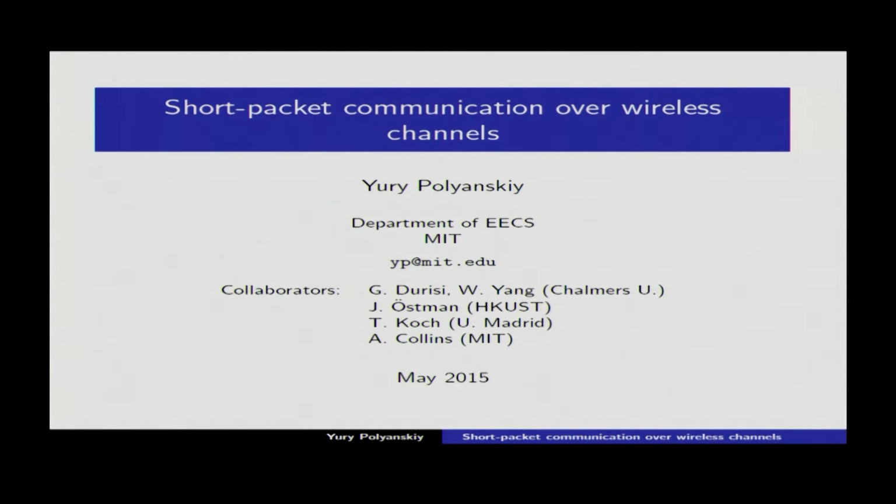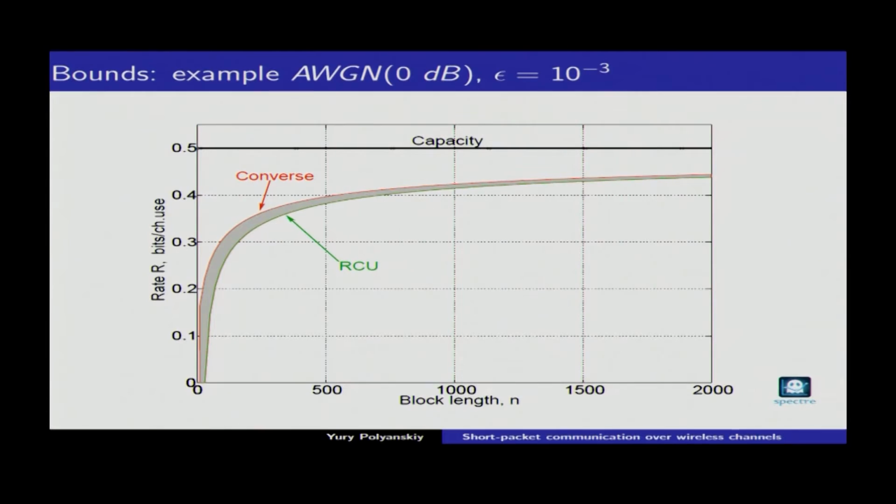He's a student here. Can I ask a question just before you go to the next topic? If you compare the modulation and coding schemes that are currently used in LTE and the block sizes, where are they on that? Excellent question. I will have a slide on this, not for the Gaussian channel, but for the fading channel. But a rule of thumb is that they're about 80% away from capacity, so 80% away from this trade-off.